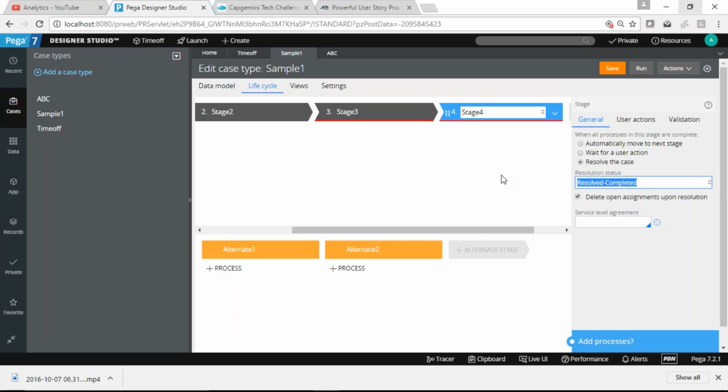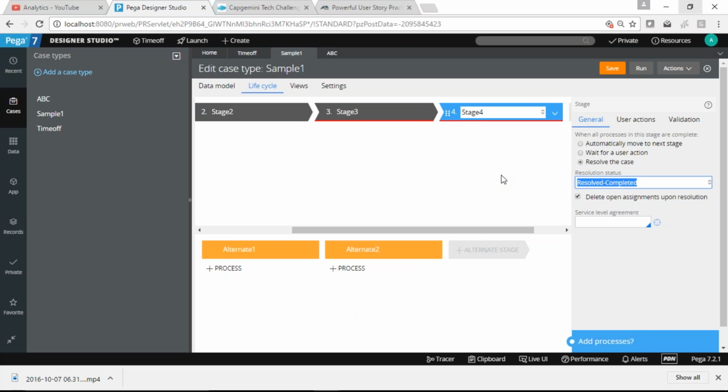So each stage will have its own resolution, and there can be multiple resolutions tied to different stages. What is the meaning of multiple resolution? The resolution stage is only one, right? Yes. There can be multiple conditions to resolve it. I thought what she asked was that within a stage there can be multiple resolutions, like in stage 3 we can have 3 or 4 resolutions. Yeah, that is also possible.